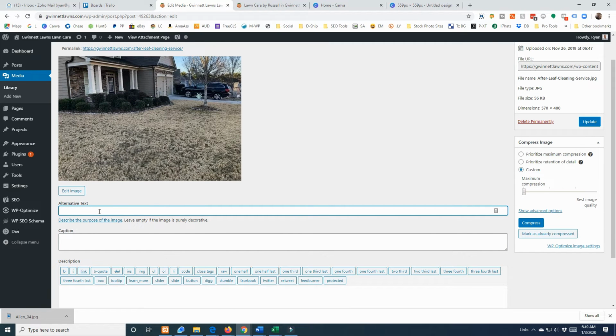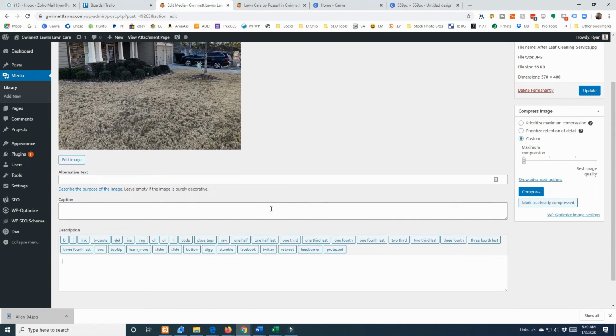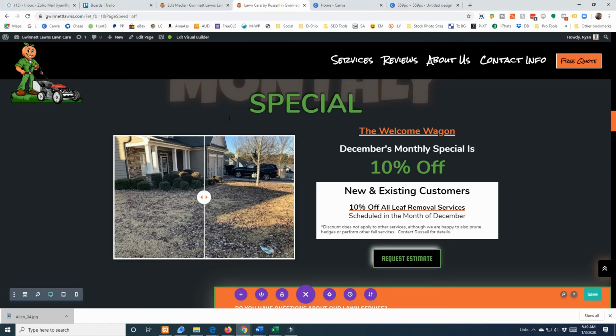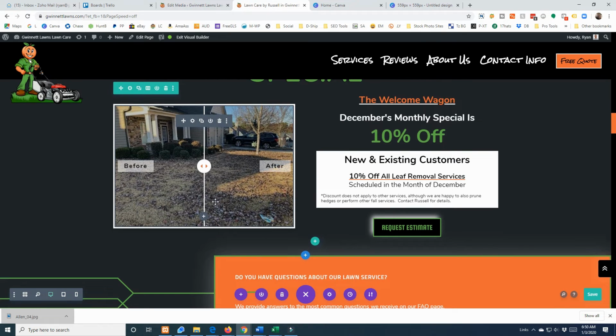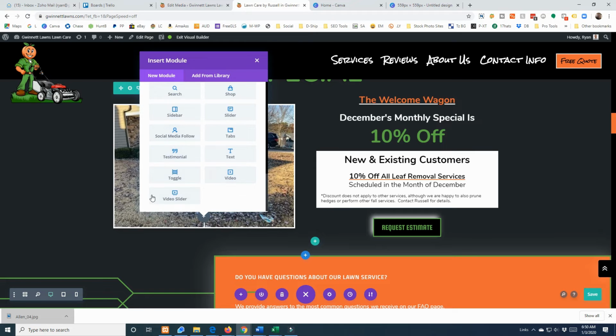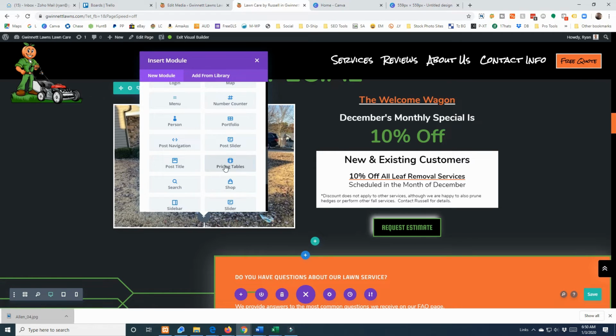So there's no alternative text in here, okay? The way Divi works, this is one thing that slightly frustrates me about Divi, is it is not pulling from here. So when your website is live, they're not pulling the alternative text from here. On several other WordPress themes it will, not with Divi. You need to enter it somewhere else, and it's not that big of a deal at the end of the day. But say we just wanted one of these images and it not to be a slider,